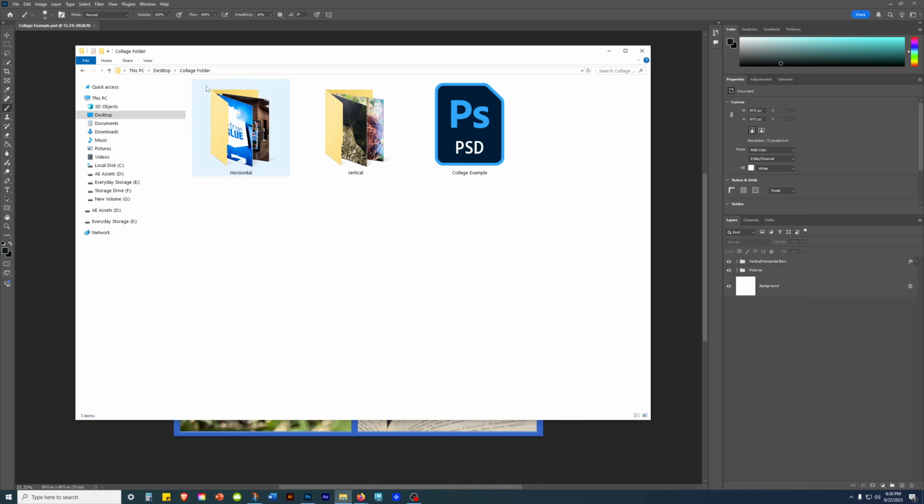So for example, on the desktop, create a folder called, I guess, collage folder, and then in this collage folder make 2 additional folders. One you could call horizontal, the other one you could call vertical. And then, for example, in the horizontal,